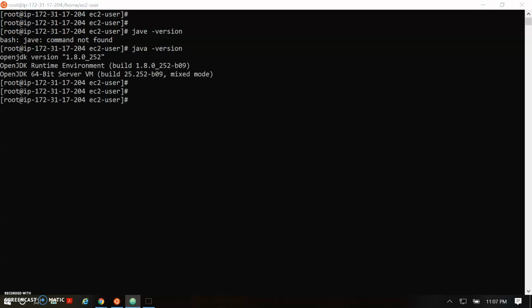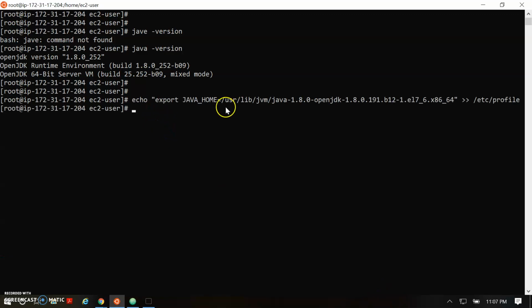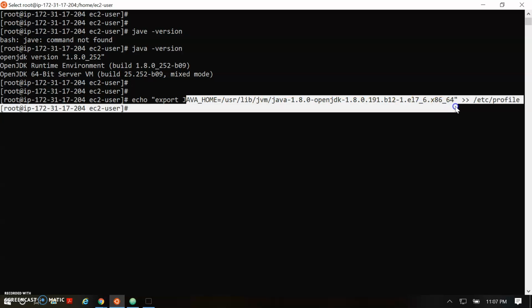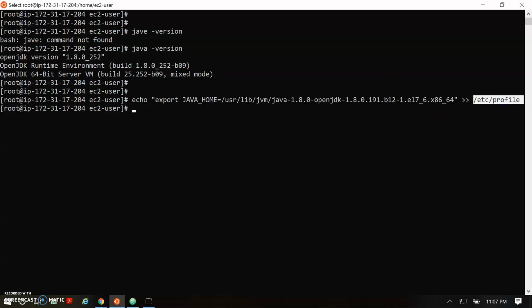Let's set the Java home. I'm just exporting this Java home path to the bash profile file, and let's run this profile file. For that you have to pass a dot here.